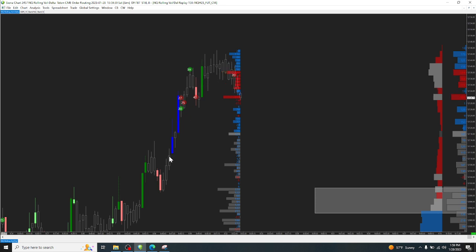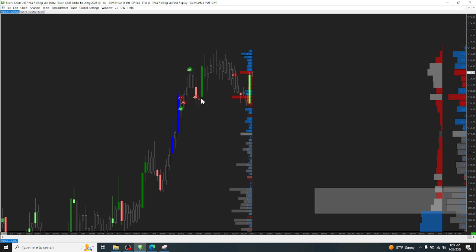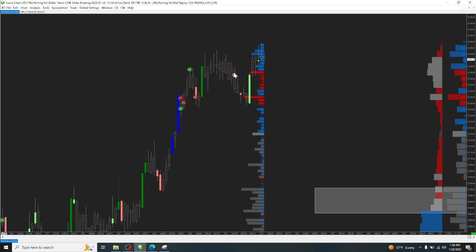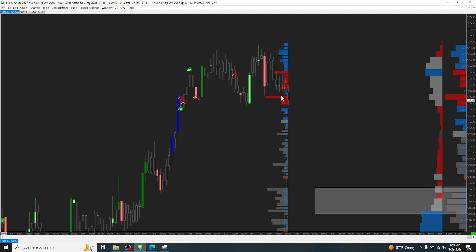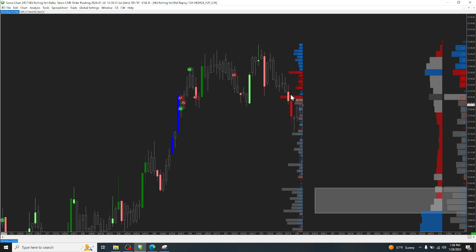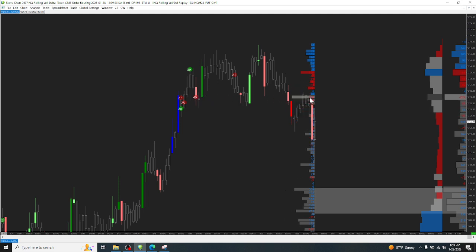The way that I would use these is basically just as tools. You see sellers are starting to step in here. You have a buyer at the high. You have a seller that comes in here. You have a strong buy into the highs, delta out here. But really these sellers that are being put in this area are holding this area up a little bit. You're selling at these lows, and until you get that true break of these lows,